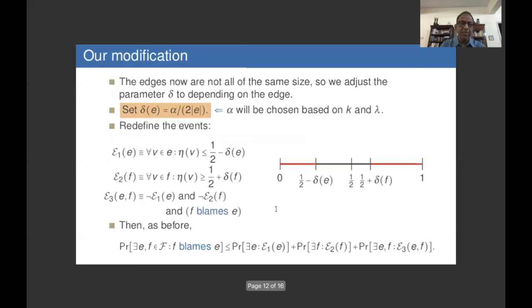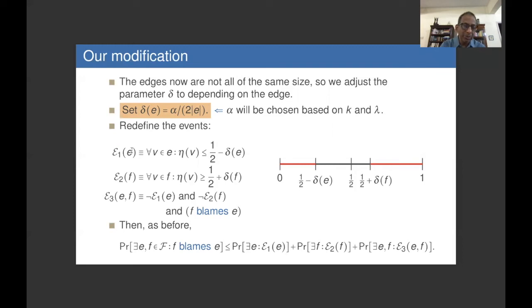What's the difference? The difference is that in our case, the edges are not all of the same size. We are not looking at uniform hypergraphs, only approximately uniform. And even our constraint of approximate is rather weak. Only intersecting edges are required to have their sizes somewhat similar. So instead of having a uniform value delta for all edges, we tune the value delta based on the size